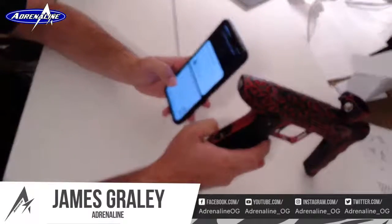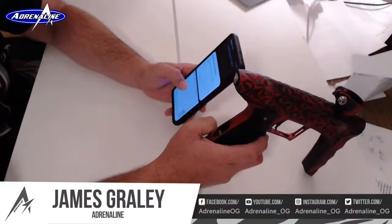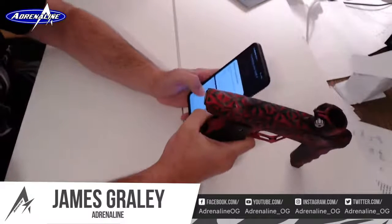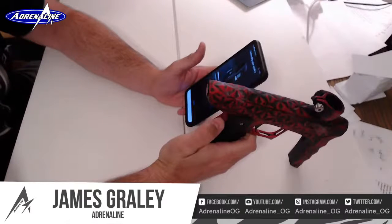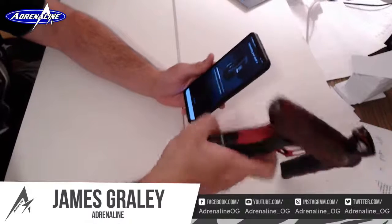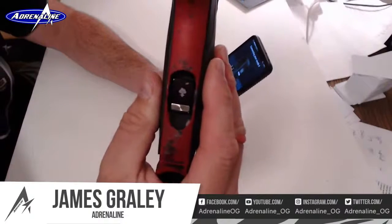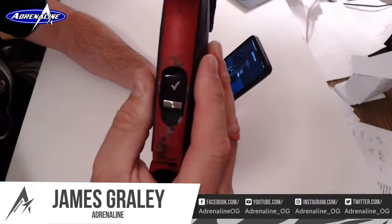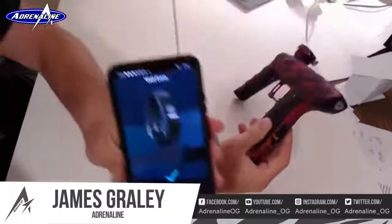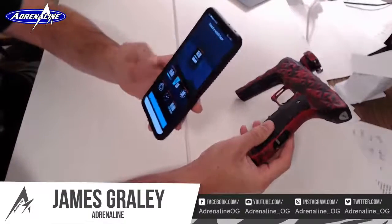Use the pin at the bottom. And the little pin. I got the little setup looking logo. It's doing its thing. It looks like it's downloading new firmware updates. My phone says setup complete. You've got the Vivo Fit 4. All right, now